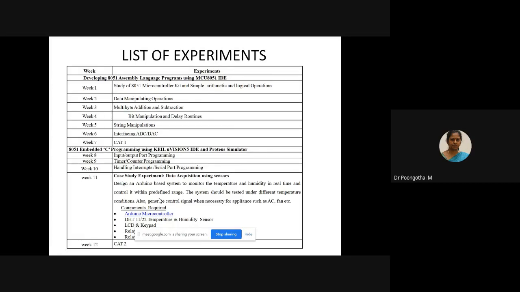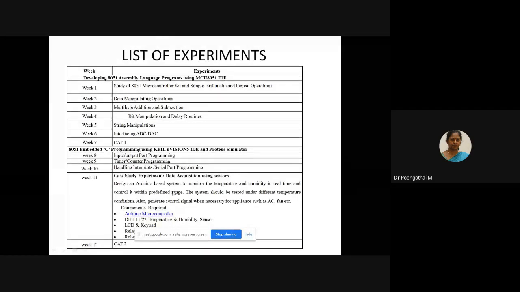Since Arduino is included in your theory, the case study experiment covers an Arduino based system. Here we are going to design a temperature monitoring system. After completing 6 experiments, CAT1 will be conducted. And after that, in week 12, we are planning to conduct CAT2.